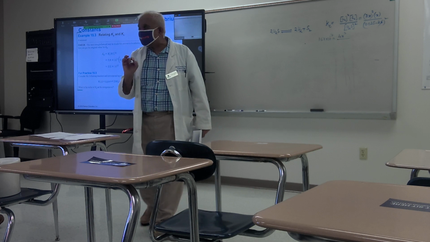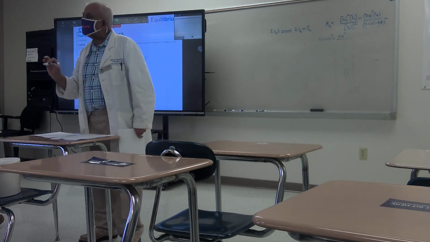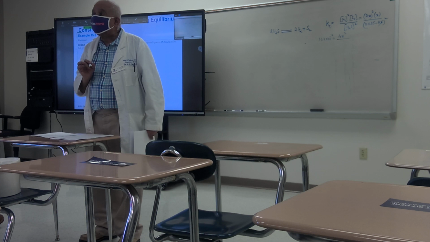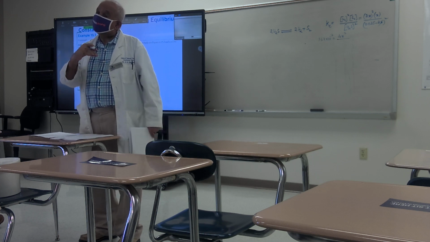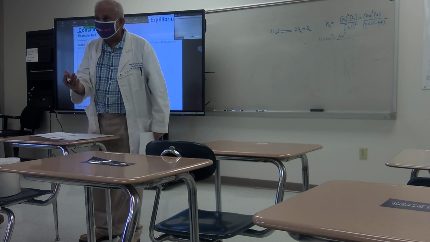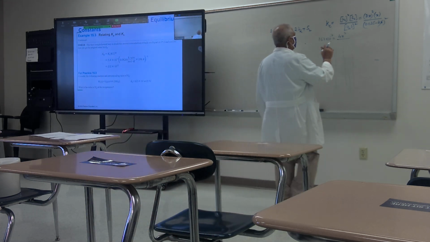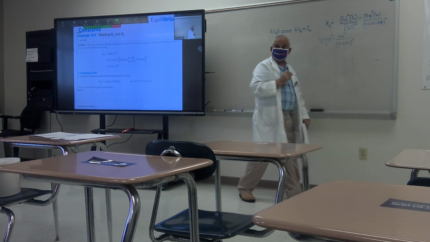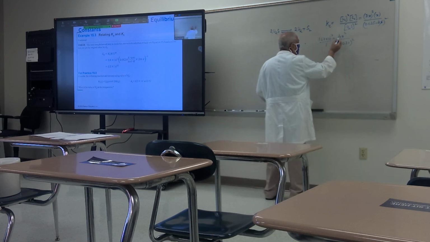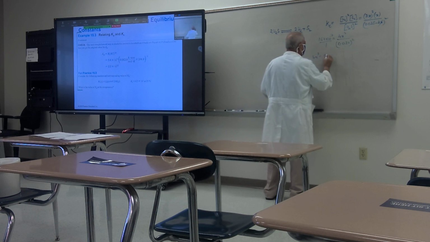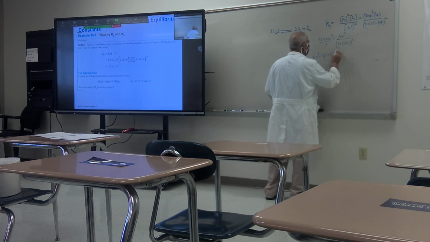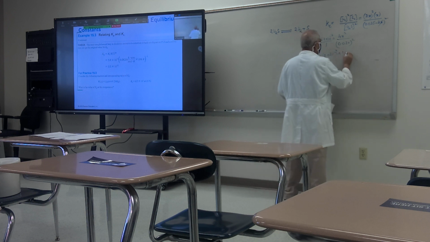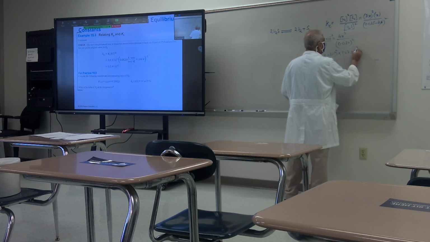And then here I am going to ignore this. Why? I am making an assumption. I am making an assumption that what? x will be less than 5%. Then once you figure out the value of x, you have to double check that. So if you ignore this 2x for the time being, then you will have what? 0.025 whole square, correct? And they have found here, say, 4x cube equals 0.025 squared times 1.67 times 10 to the power of negative 7.